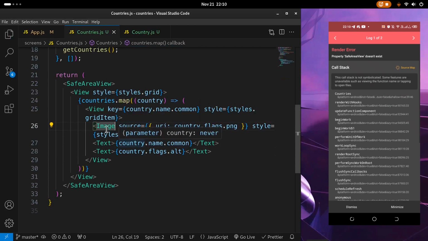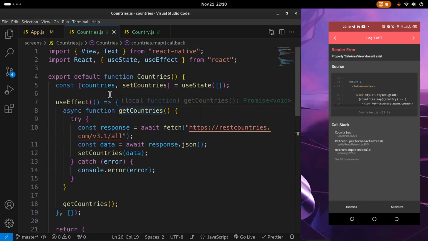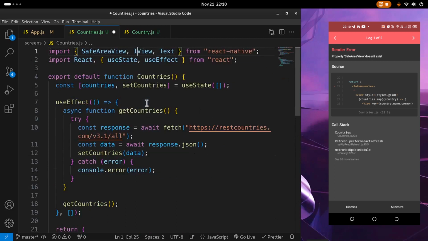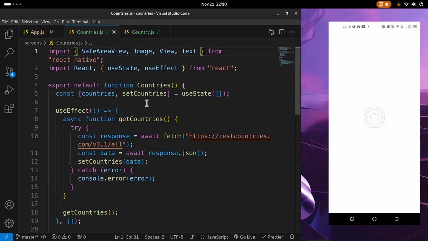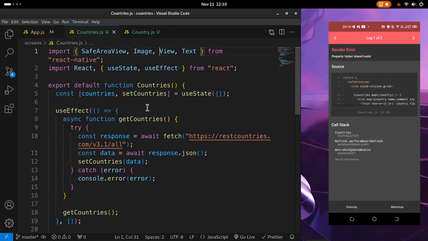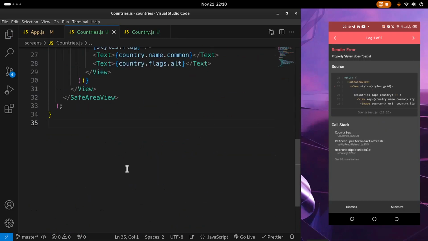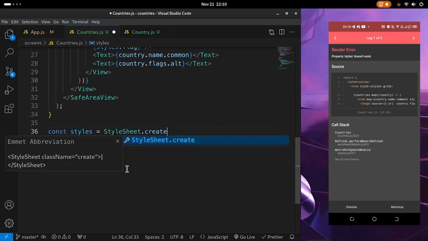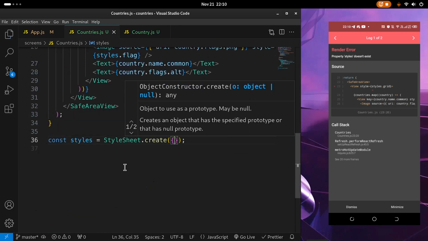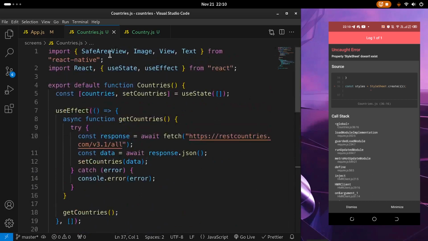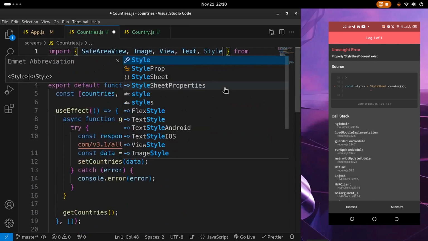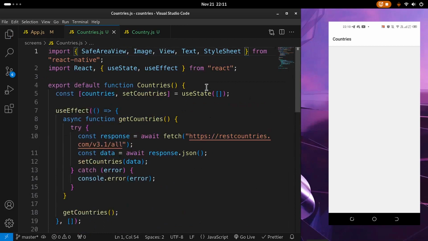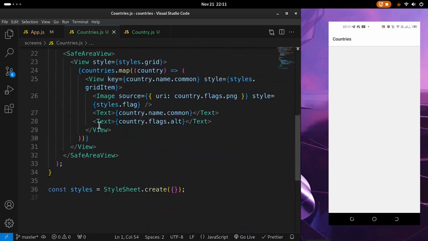Now I'm going to go ahead and save this, and it's going to break a bit because I've just noticed that we did not import image or safe area view. So let's go ahead and import safe area view. Let's also import image and then save it. And then now we are not going to be able to see our image, or the styles also don't exist. So let's go ahead and create our styles. So const styles is equal to StyleSheet.create, and then inside here we can just leave it empty for now, but we need to go ahead and import StyleSheet. So StyleSheet, save it,